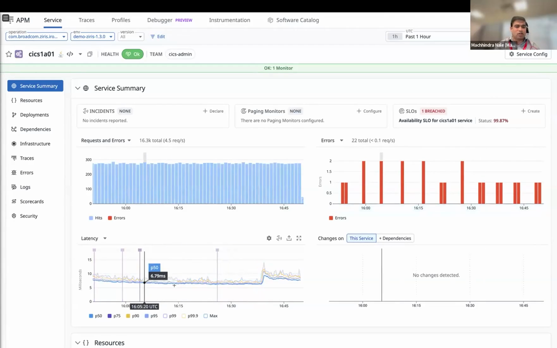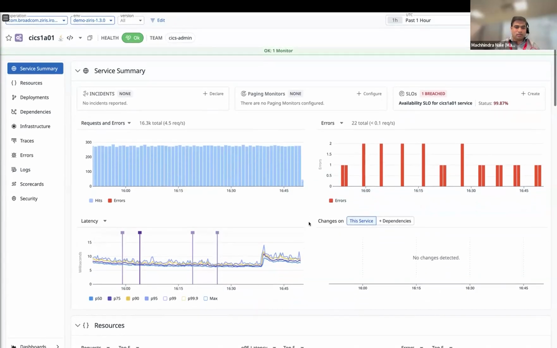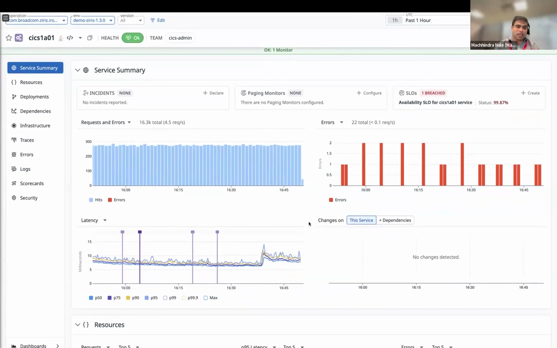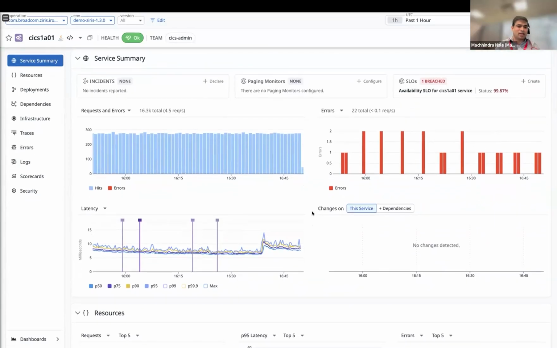And the next chart is talking about the latency. How many of these CICS transactions are running with the response time high or low? And based on the latency, I know that there is some latency increase at this particular moment. So I can drill down to that trace. I can drill down to that transaction and find out what's going on in there. So this way we can take a look at the granular level, and also zoom out and take a look at the service level.